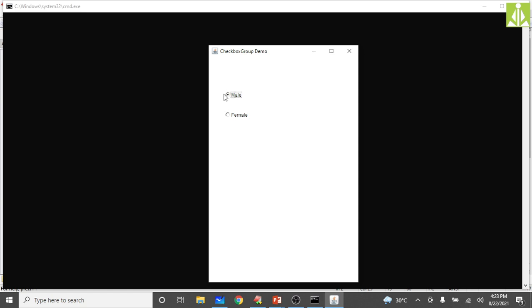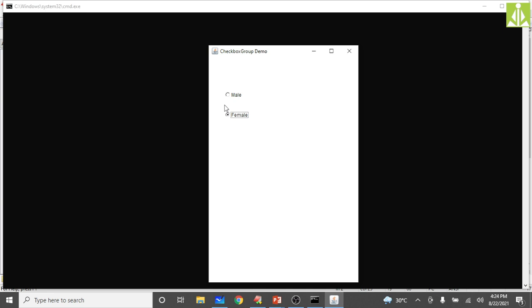Now the graphic of that label, it got changed. Previously it was like a square box, now it is round. So now it is something like what you call a radio button in your HTML, isn't it? It became like a radio button. See, selecting female is automatically deselecting the male, or selecting male, it is automatically deselecting the female.